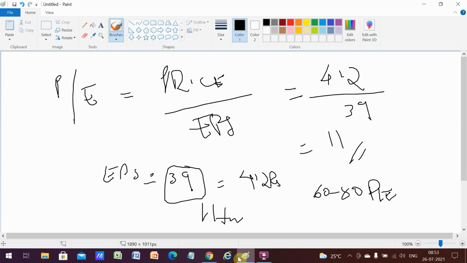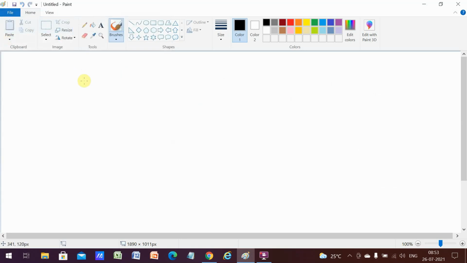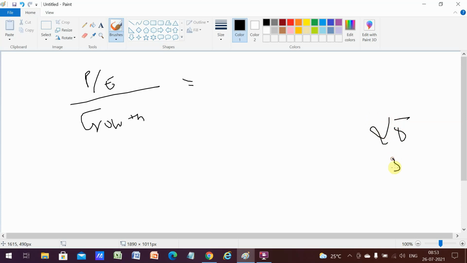The next thing we'll be watching out for is the PEG ratio. What exactly is the PEG ratio? Here we take the PE into consideration and divide it by the growth rate. This was coined by Peter Lynch. Peter Lynch said that if there is a very small company growing at a rapid pace, that is 25 or 30 or 40% every year, they are compounding their profits.